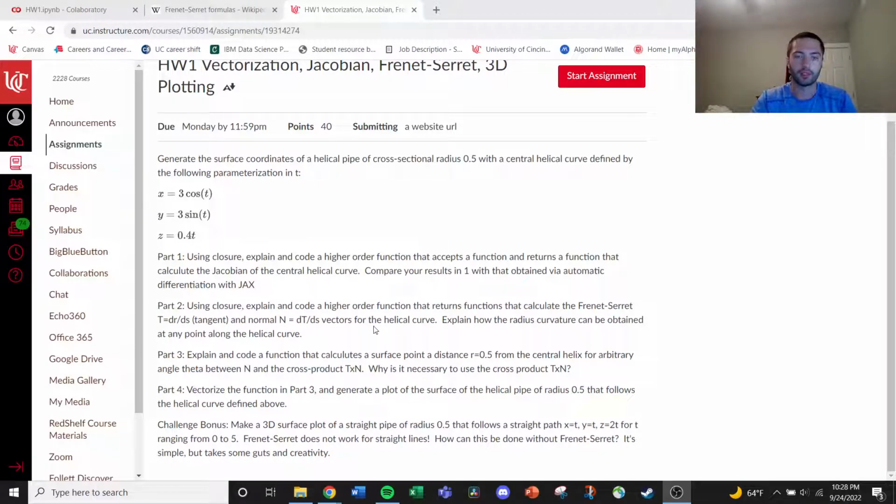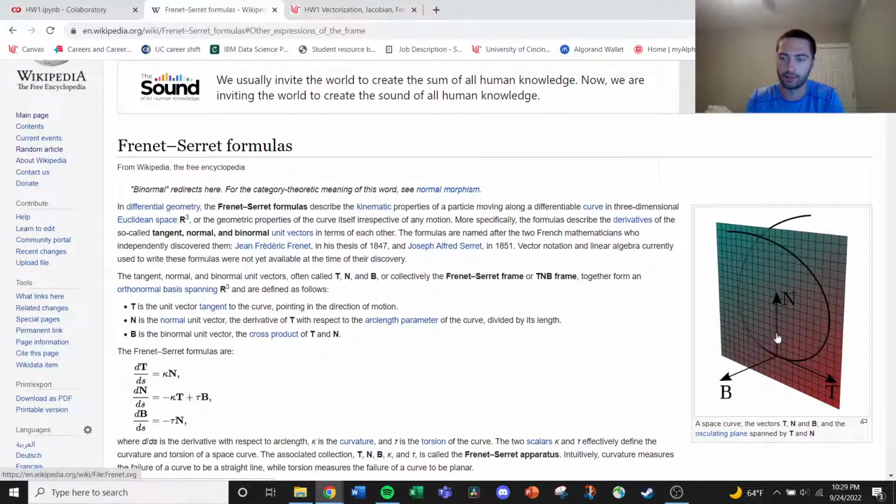In part 3, we're going to be creating a function that calculates a surface point that is a specific radius away from our central helix that we made. It does this at any t and any theta along our helix. When I say theta, we're going to be defining this surface equation in the axes of this n vector and